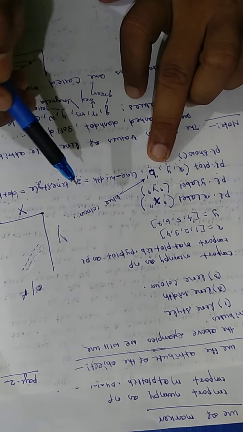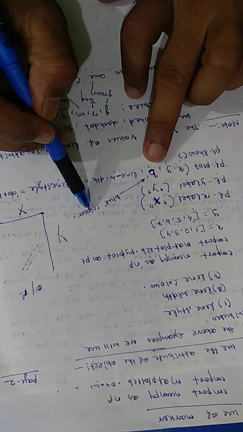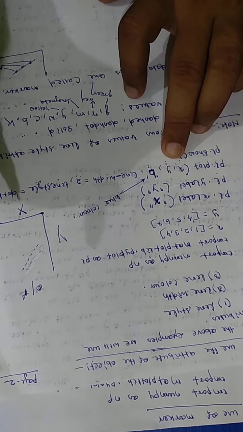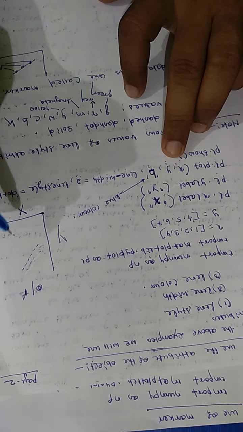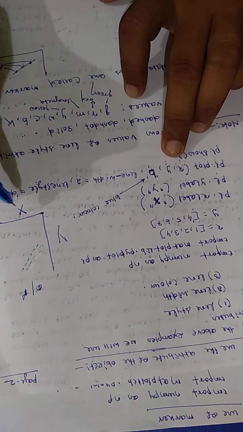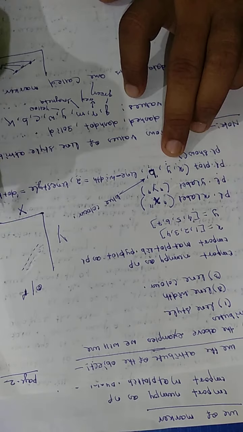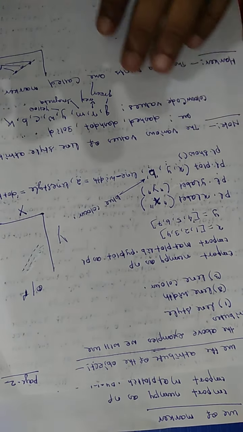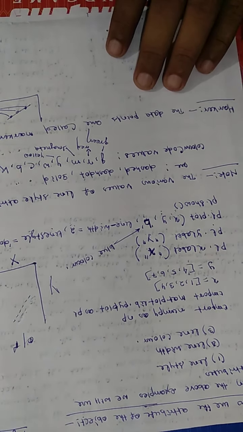B for blue color, X for X coordinate and Y for Y coordinate, and these are the ordinates. It will be drawn this way, and the lines will be dotted, and the style of line will be dotted. So now understood? Okay. So I have written some notes here.